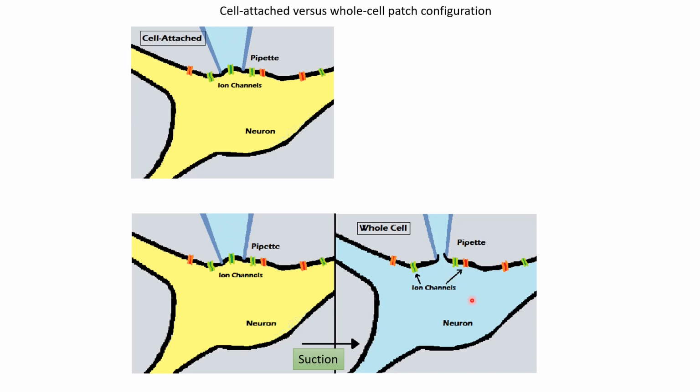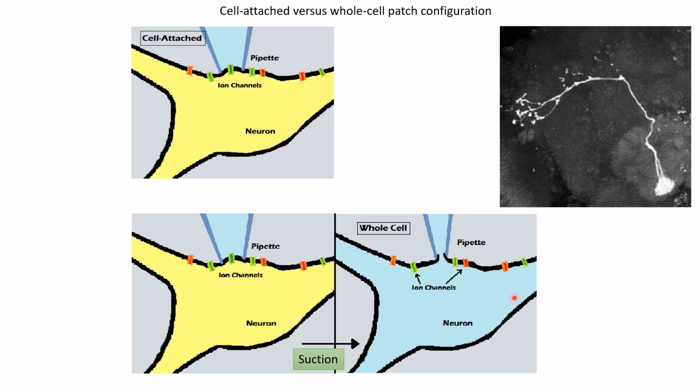We do recordings from neurons in the olfactory systems of insects, and after the recording we inject a dye in the neuron so that the dye can fill the neuron. After the experiment we take the brain out and visualize it under a microscope, and then we can get images like this. We can see the whole structure of one particular neuron from which we had done the recording, and we also know what kind of neuron it is by looking at its anatomy.